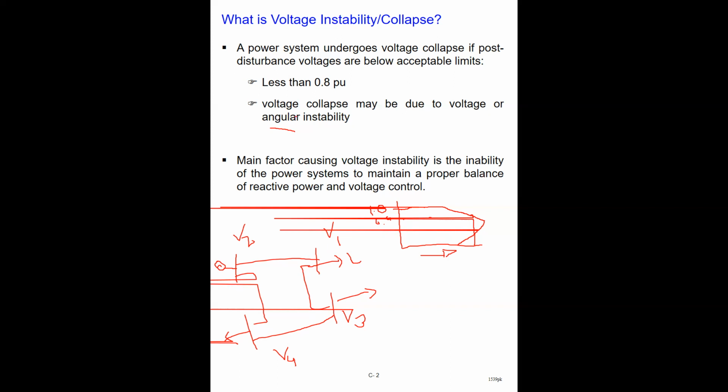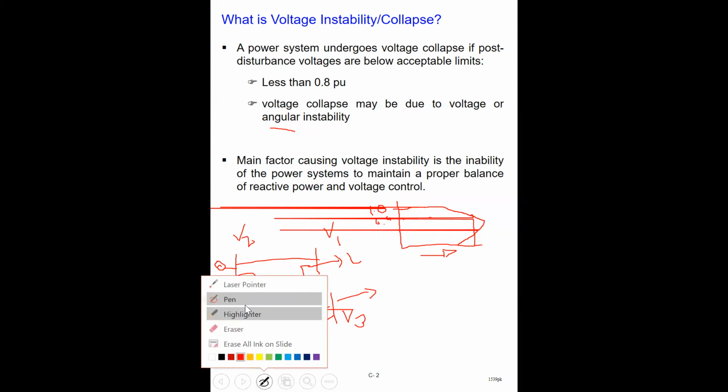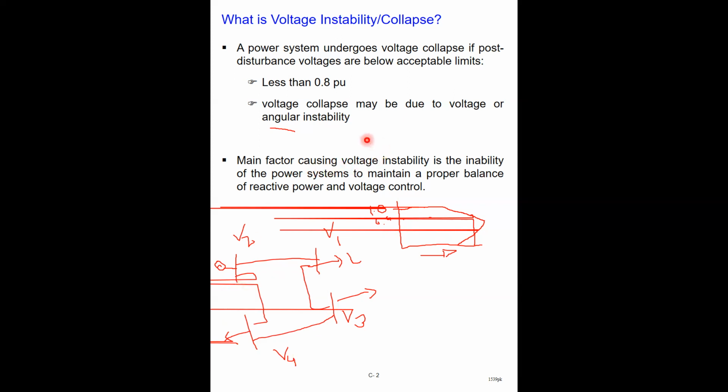So here voltage collapse takes place, and so voltage instability at this bus, and then later the system instability is transformed into rotor angle instability here. So this is likely to take place, and thus the main factor which causes the voltage instability is the inability. Why can voltage instability arise? This can take place